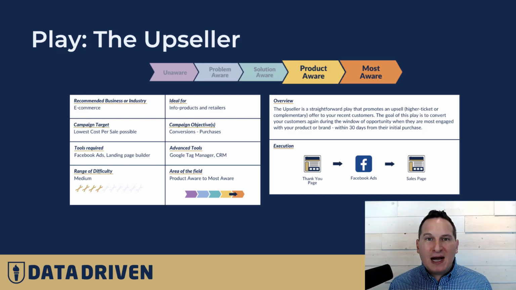And whenever somebody buys, whenever somebody purchases from your store, you show them an ad for another product that they can buy right away that's complementary to the product they just purchased, or basically an upgrade to that purchase, and you upsell them on the next thing. So you use this play called the upseller and you just say, okay, you bought, now buy again. We're going to show you an ad that says you should buy again. Maybe we'll give you a discount. Maybe we'll give you something that's an incentive to take action now.